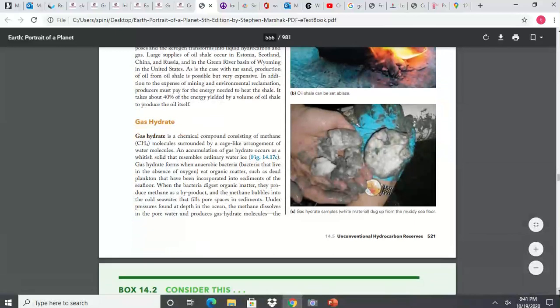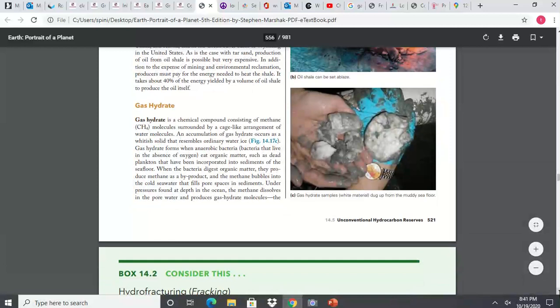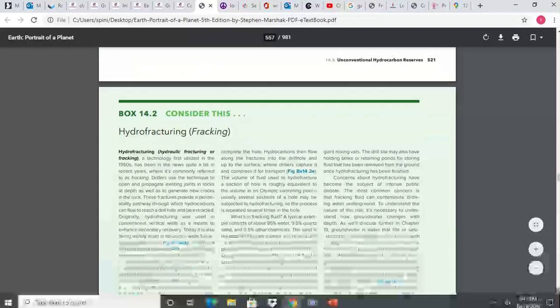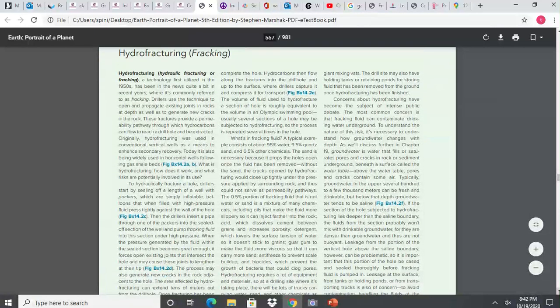It's not coal. It's not used very much. And so here's a whole section here on the fracking. So please read that. It's very interesting because it is a political issue. I mean, it is being fussed about in terms of, yeah, we're doing it. Yeah, we're getting more cheap energy. But again, it's not going to last. And is it a good idea to ruin groundwater just to get a little bit of gas out?